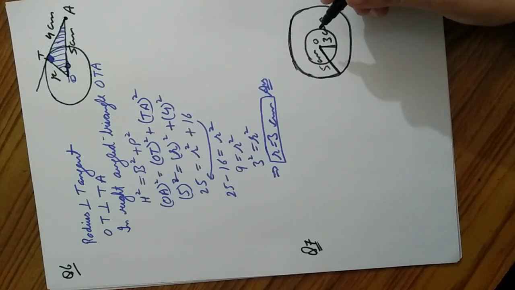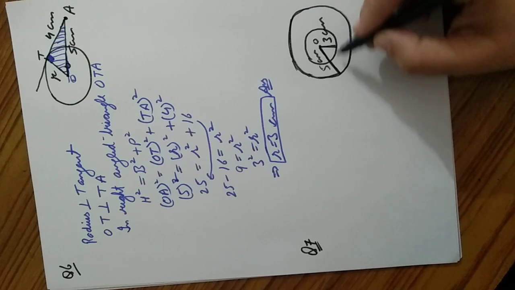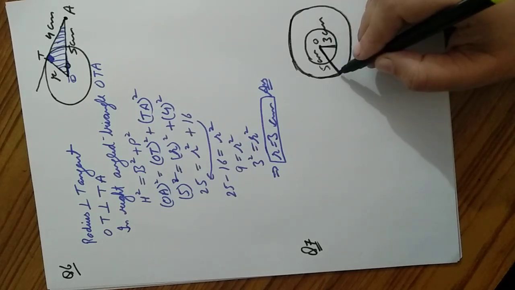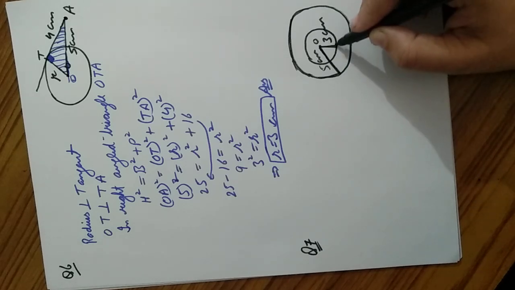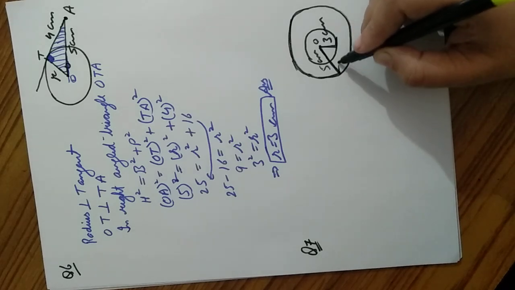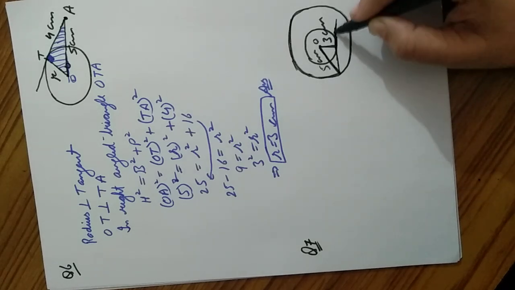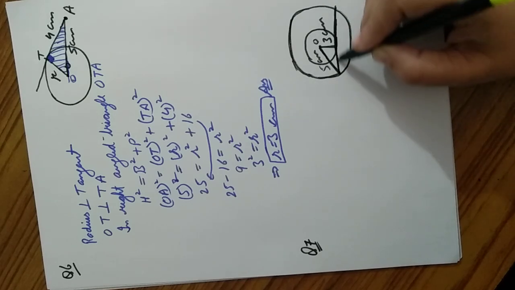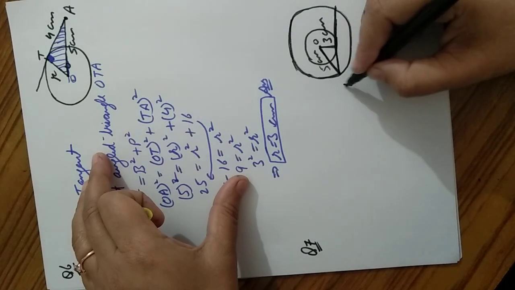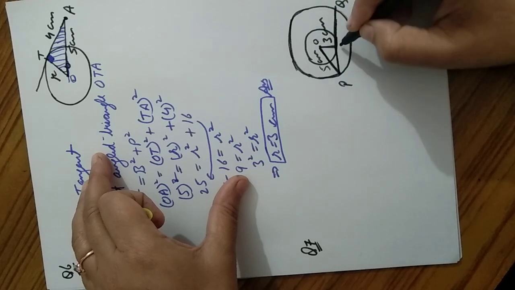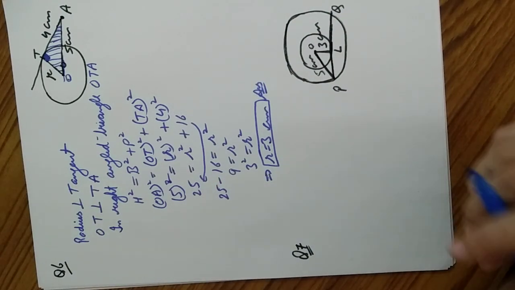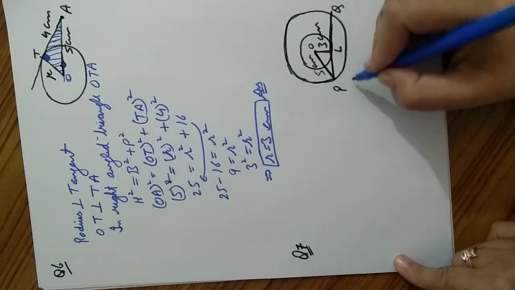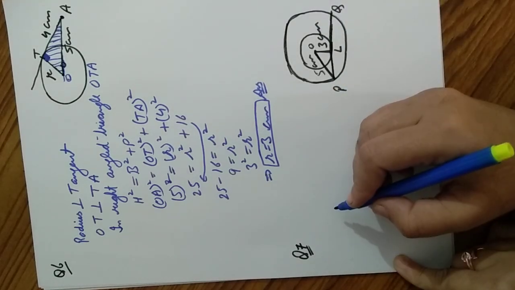Find the length of the chord of the larger circle which touches the smaller circle. We have to draw the chord of the larger circle which touches the smaller circle. So this is my chord now. Let us mark it as P and Q. Let this be point L. So now this is my figure. We have to find the length of PQ. So how we will find it?